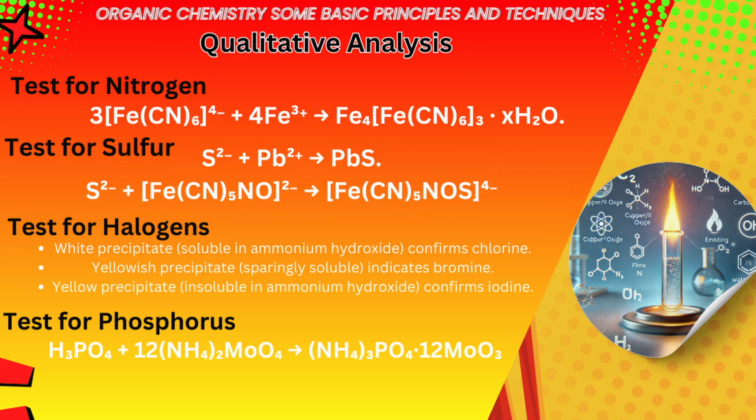To test for nitrogen, we boil the sodium fusion extract with iron 2 sulfate, then acidify it with concentrated sulfuric acid. A Prussian blue color confirms nitrogen. Sodium cyanide reacts with iron 2 sulfate to form sodium hexacyanidoferrate. On heating with sulfuric acid, some Fe2+ ions are oxidized to Fe3+, which react with sodium hexacyanidoferrate to